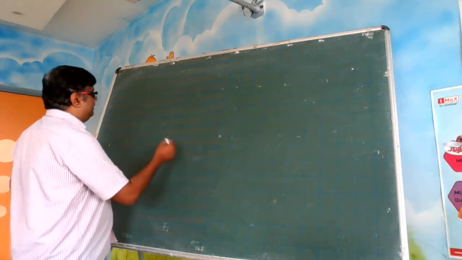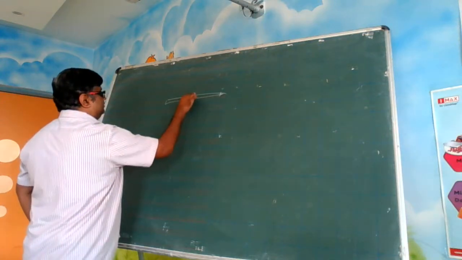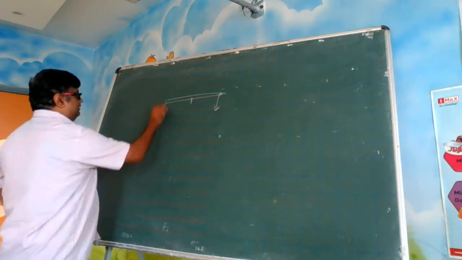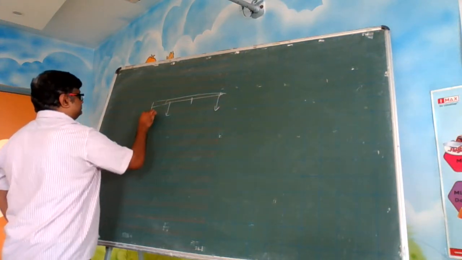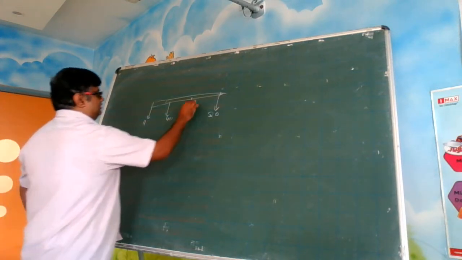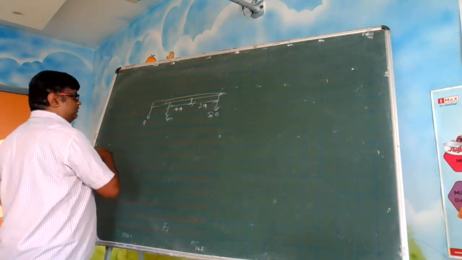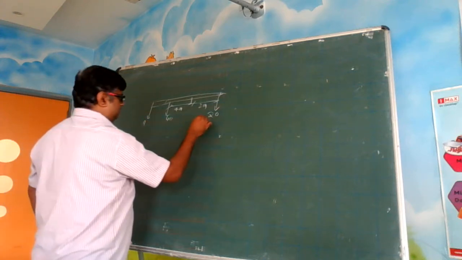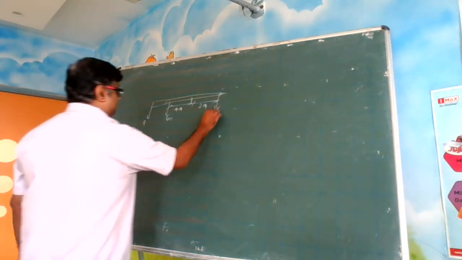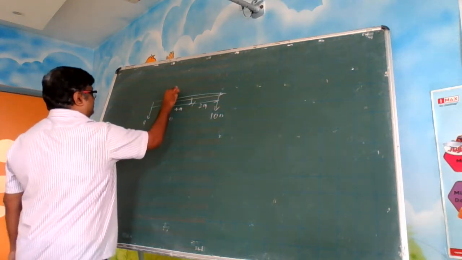Now, if you want to apply the principle of moments, sometimes a question is given like this. Let us say this is your pivot point, and here some weight is given, and here two weights are given. This is 20, this is 40, and find out this. They will say this is 2 meter, let us say this is 4 meter, okay, and we will put 80 here and 100 here, and they will say find out this, and this is at a 5 meter distance.